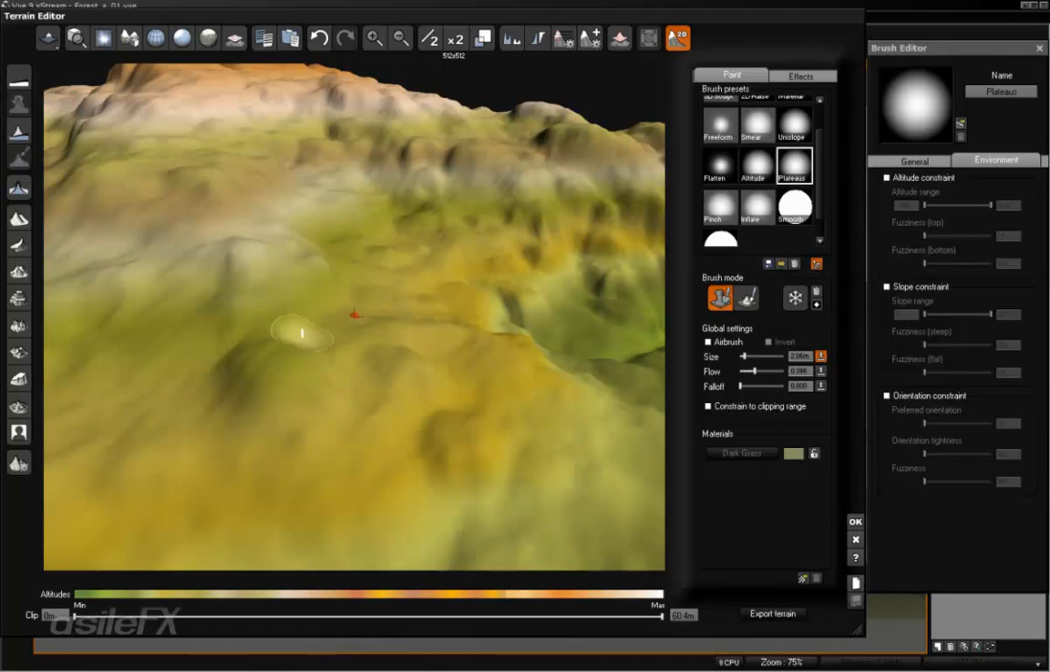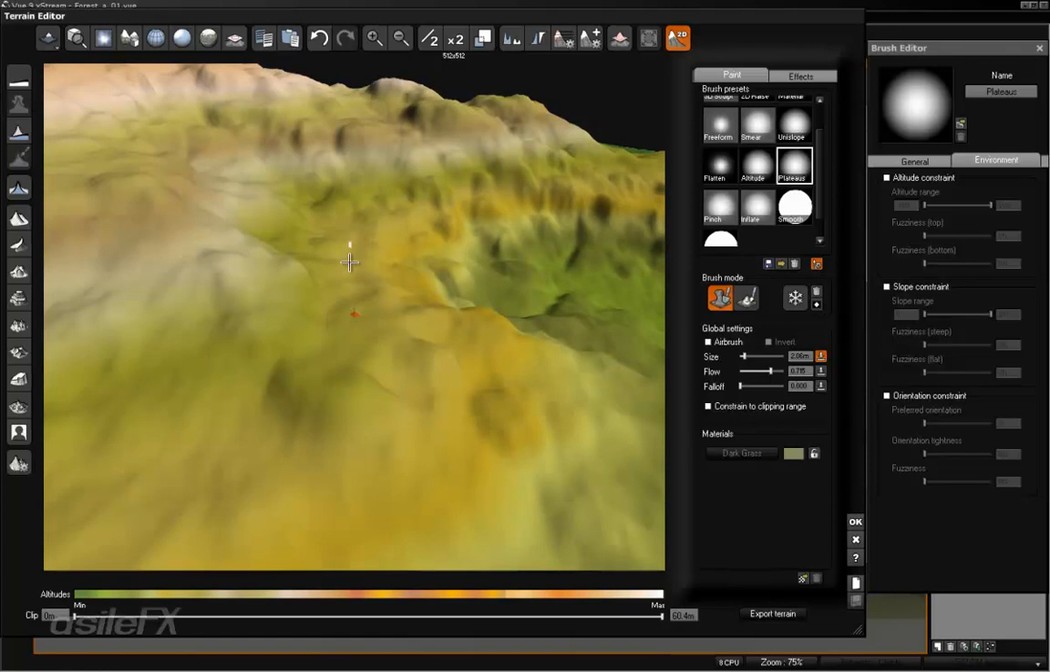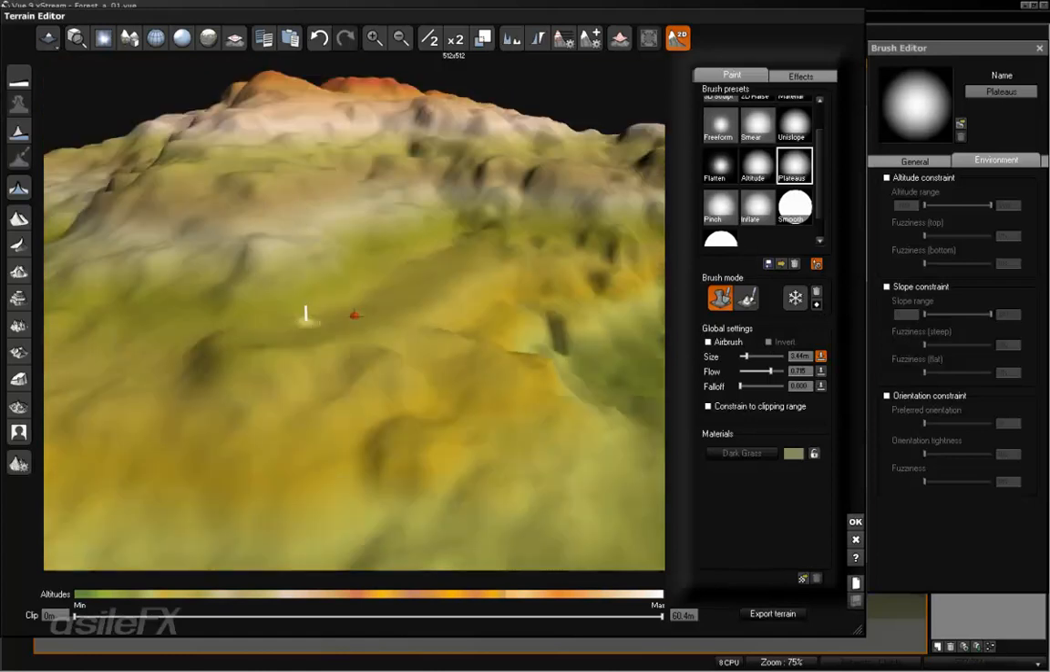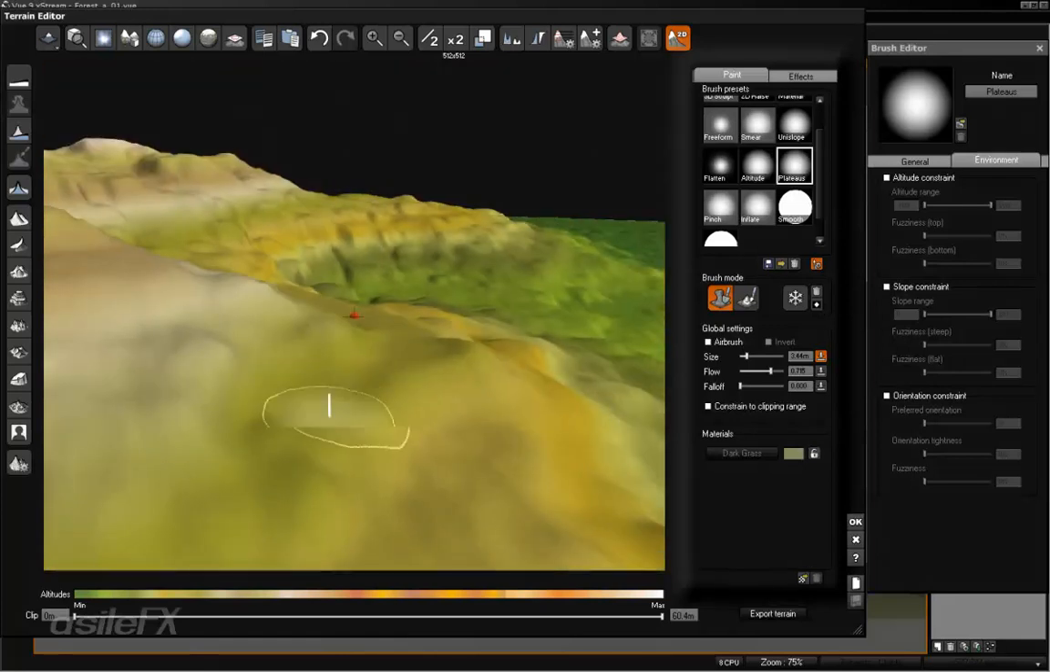Might need to increase the flow a little bit. And the size just a little. And just kind of flatten that out for the initial path. And if we want to make a little bit going behind it,